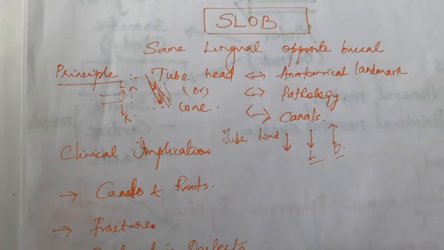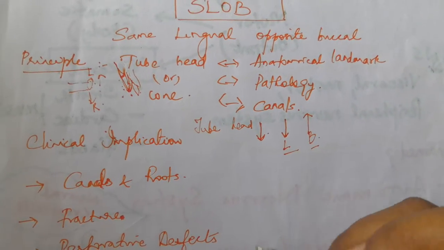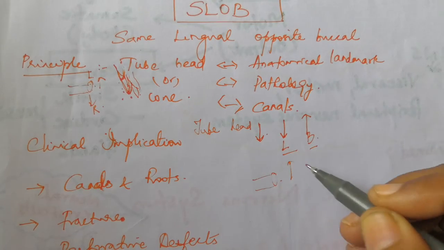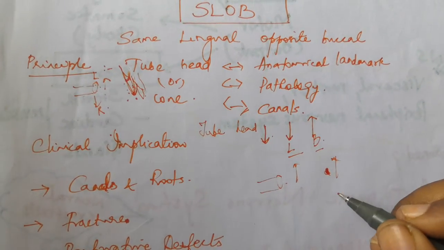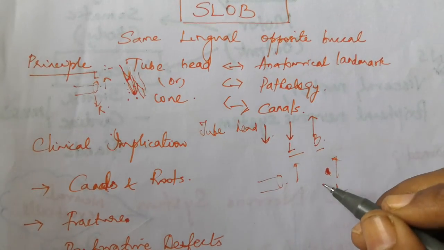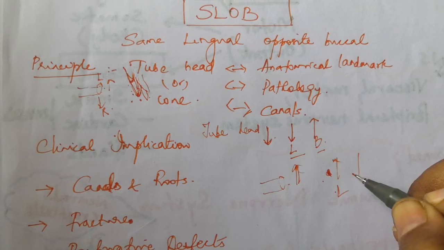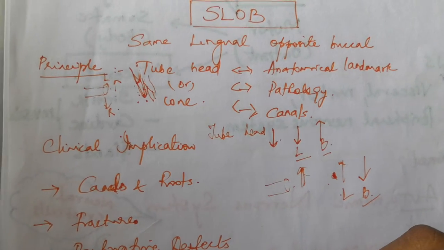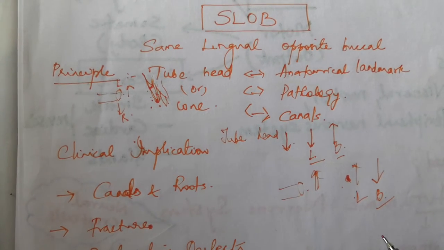The SLOB technique is more important. The only thing you have to remember is that same lingual opposite buccal. When the tube is moving in one direction and the object is moving in the same direction, then it's called lingually positioned. This object is lingually positioned. When the tube is moving in one direction and the object is moving in the opposite direction, then the object is in the buccal position. So if you remember this, it will be useful for many of your